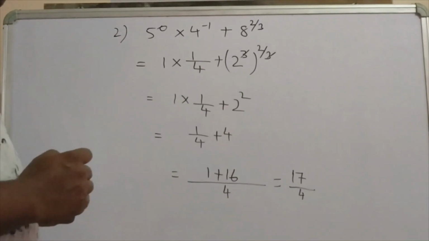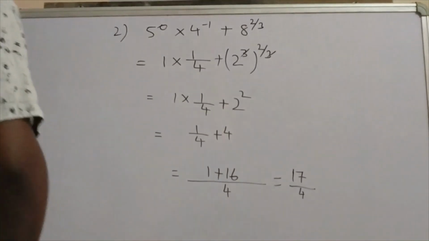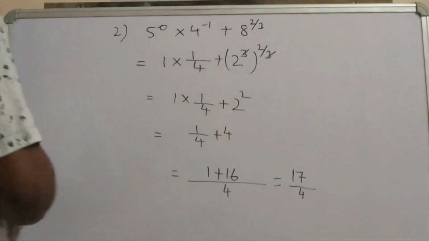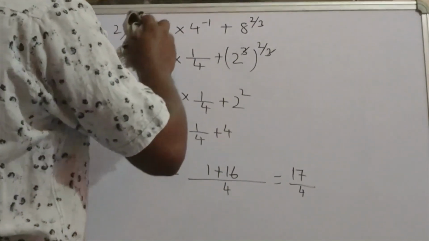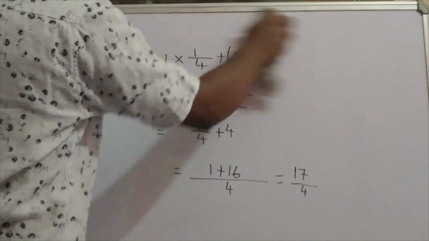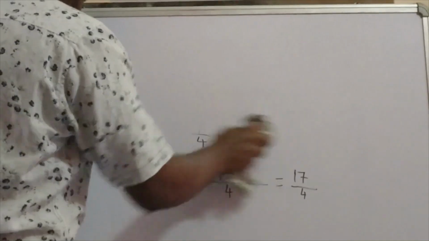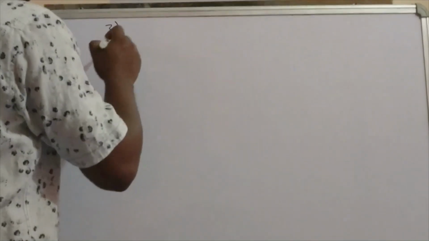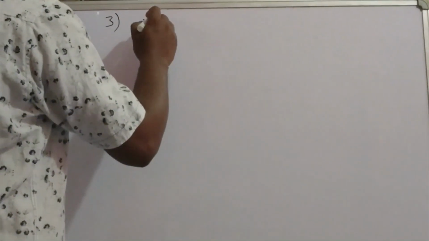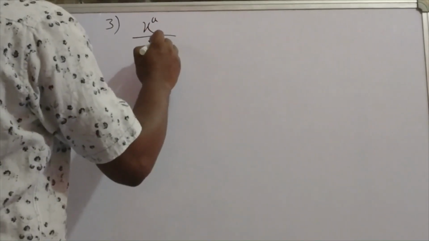Now another question I am doing. The third question is very important. Many times this type of question came in the exam, so understand it properly. Many times children make mistakes in this type of problem, but the question is very easy. Question number 3: x to the power a divided by x to the power b